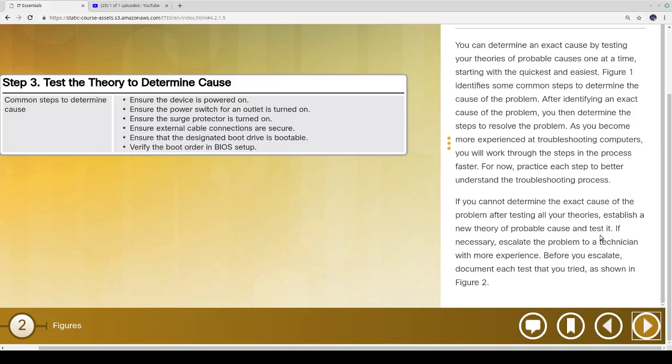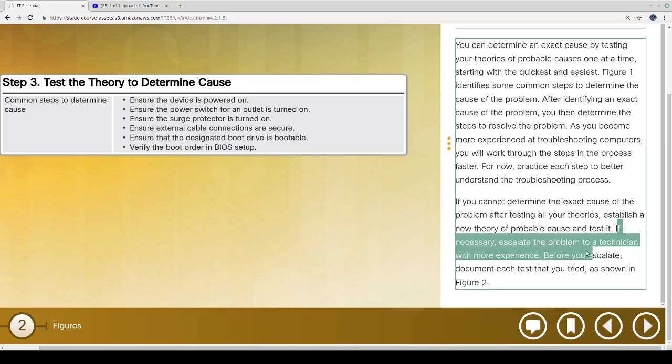Establish a new theory of probable cause and test it. If necessary, escalate the problem to a technician with more experience. So if you're just a lowly noob who doesn't know anything, you might have to ask someone who has more experience than you. So if we're working here at the school, and let's say, in the spring, you guys start going on jobs in the school, you can't figure it out, you could go ask Akil or Brandon and say,